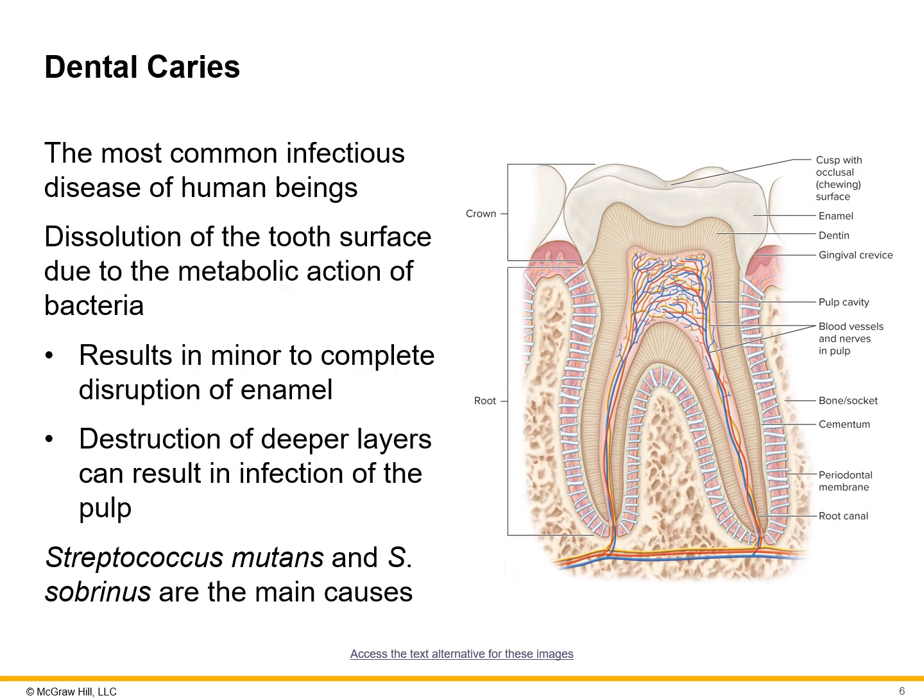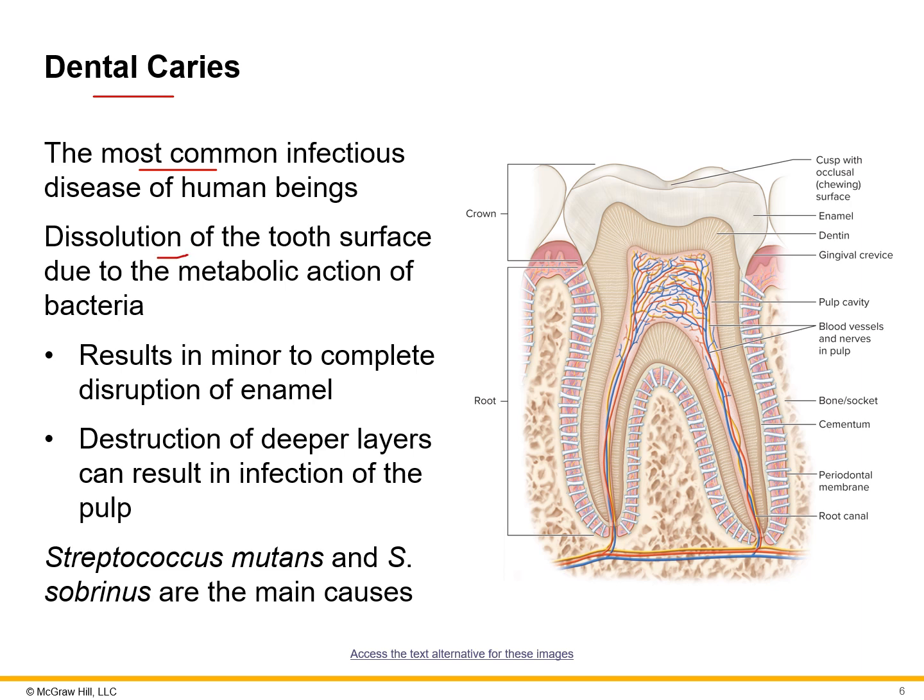All right, starting with our first infection of the GI system, it's actually the most common infectious disease. And if I asked you what you think is the most common infectious disease out there, you're probably not going to say cavities, but that is the answer. So dental caries, or cavities, is the most common infectious disease of humans.